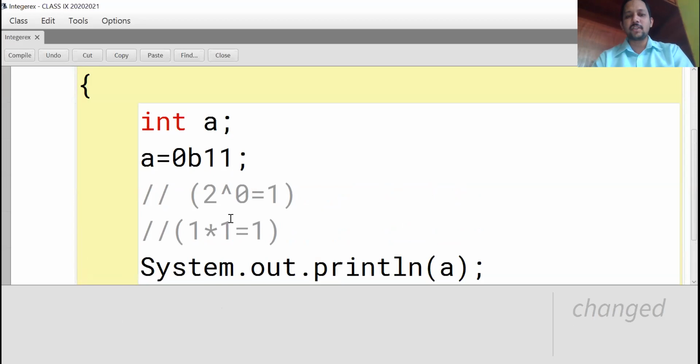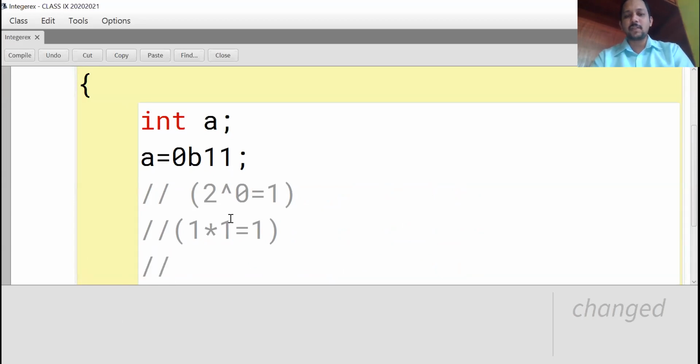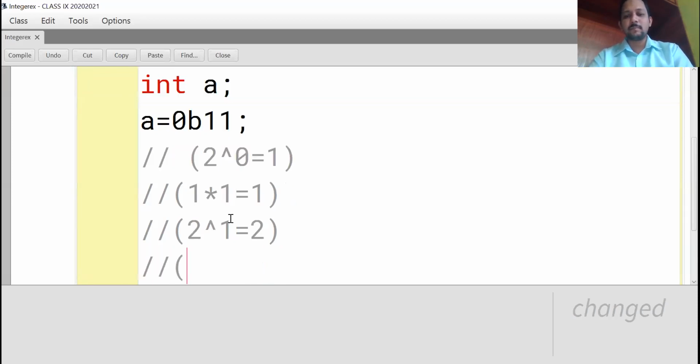So this is the first step. The next step is 2 power 1 is equal to 2. Then 2 into the next position, 1 is there, so 2 into 1 is equal to 2.